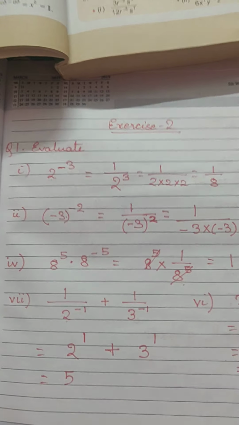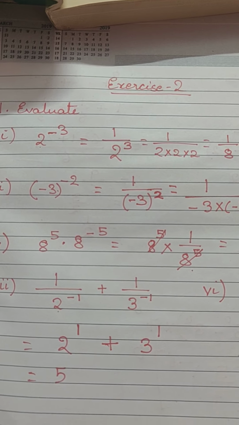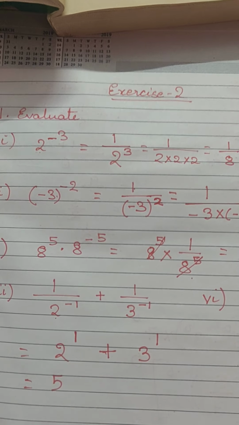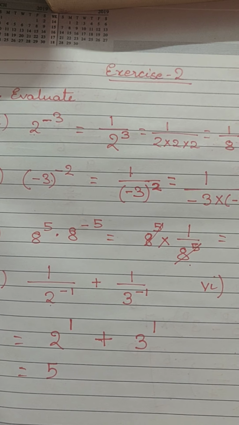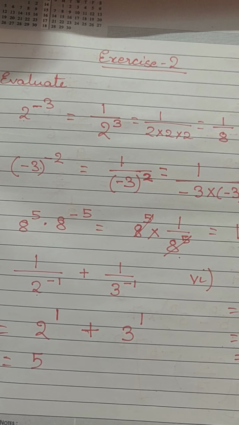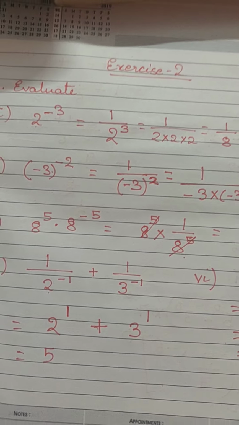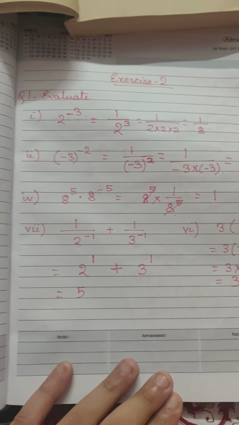Next comes 8 to the power 5 into 8 to the power minus 5. Now 8 to the power minus 5 will obviously get reciprocated. So now we can reduce 8 to the power 5 and 1 by 8 to the power 5 and make